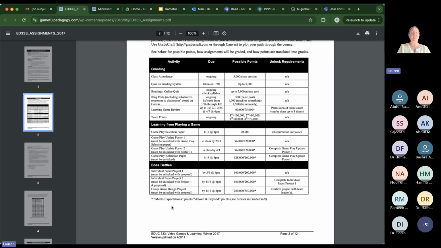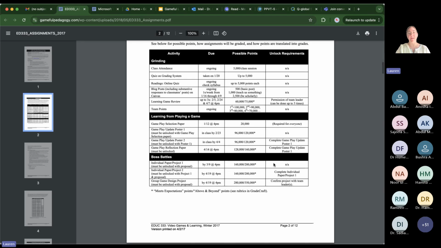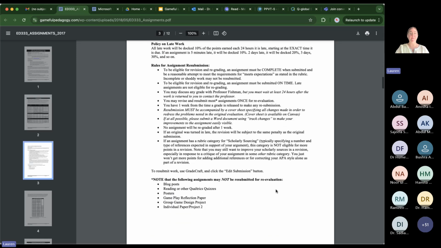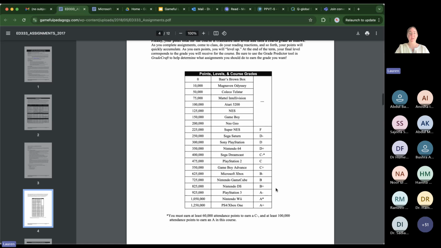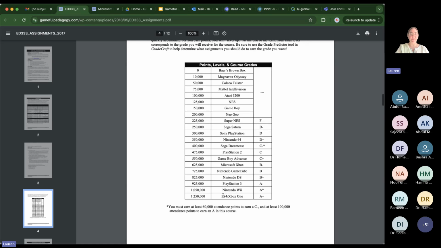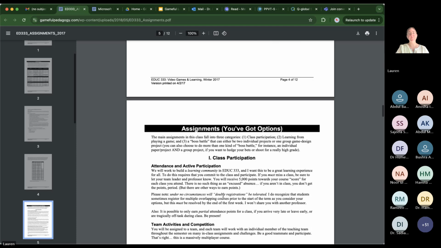So this is one way that you might ensure that you're not just marking completion or speed, but you're marking quality, right? And then he has any unlock requirements here. So again, these are shared with you, so please look through them and you might be able to get some inspiration. Here's the same type of points levels system that we saw before.